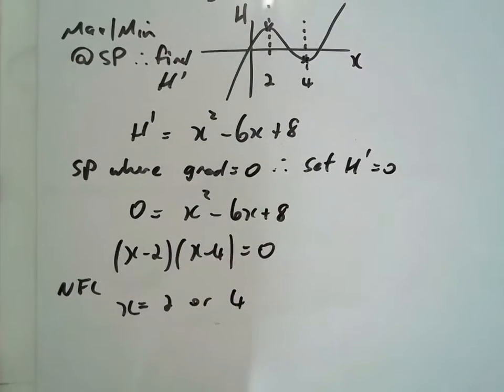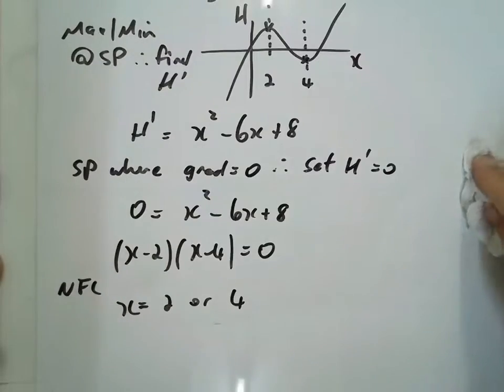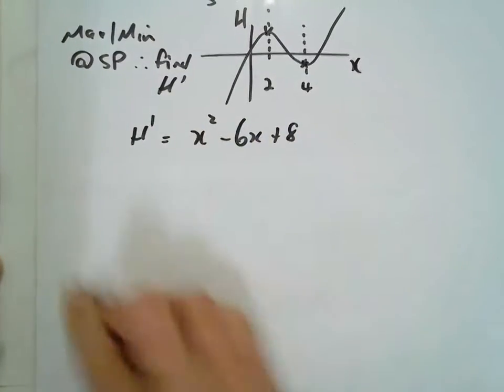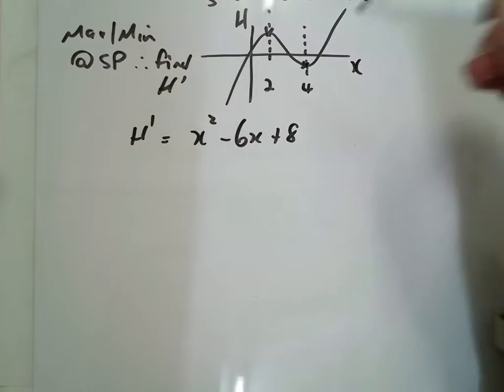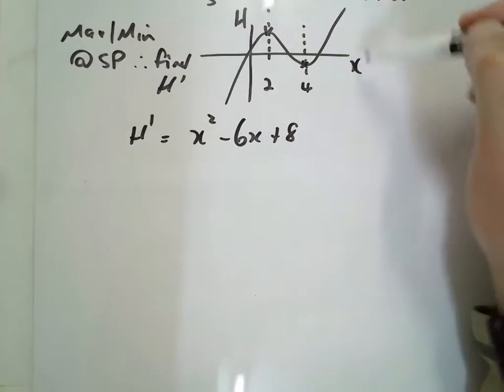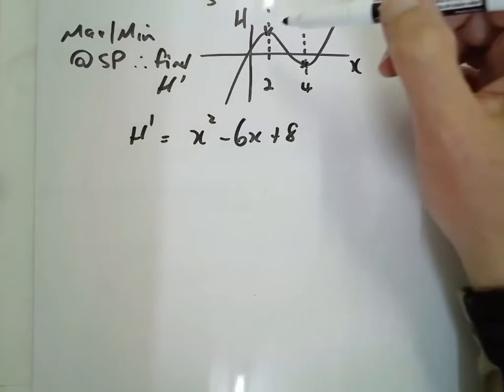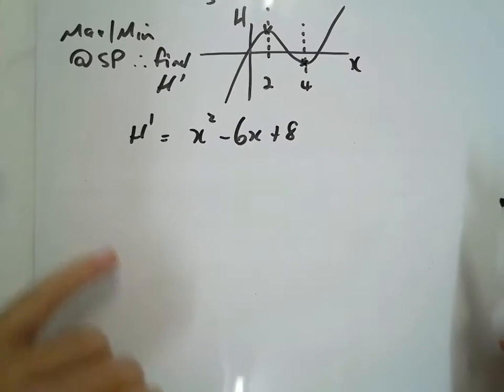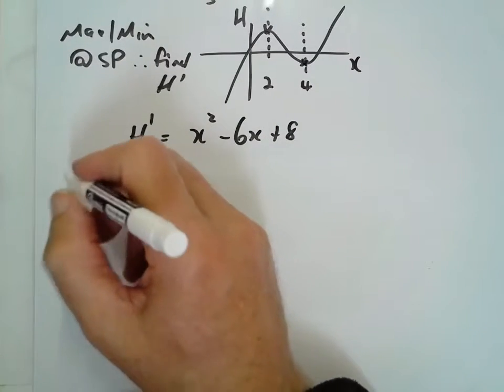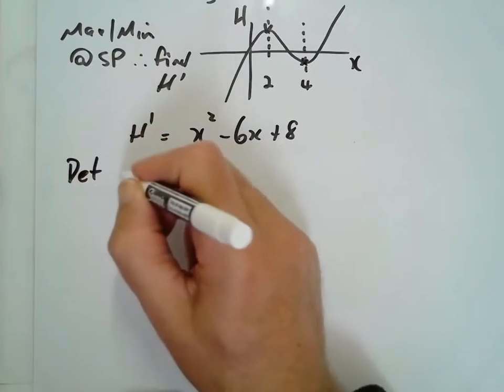Importantly, because I'm running out of room, I'm going to get rid of that because I've got the information here. Potentially, it might say, confirm which point is the maximum and which point is the minimum. There are two ways, isn't there? One is graphically. So we've already graphically justified why the 2 is a maximum and the 4 is a minimum. However, to do it mathematically, determine